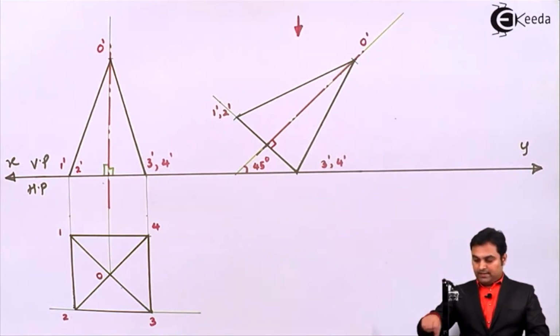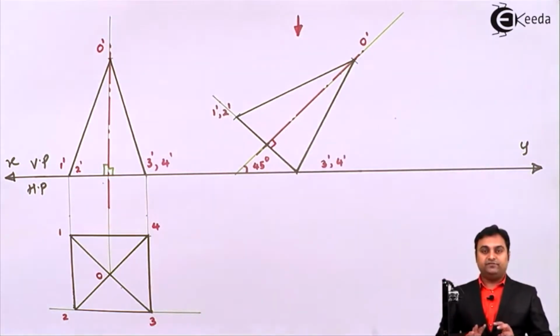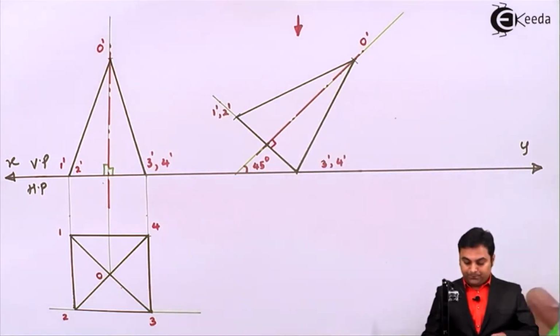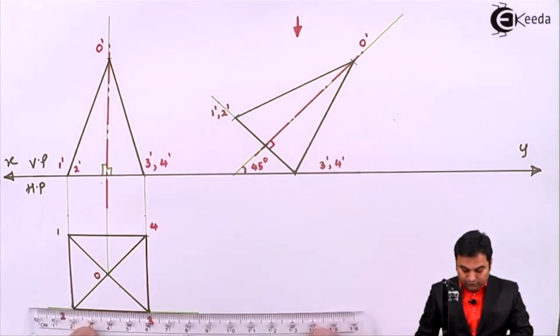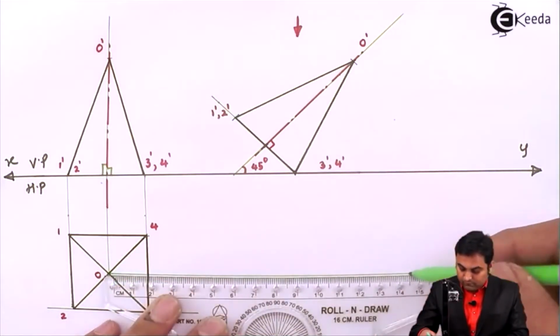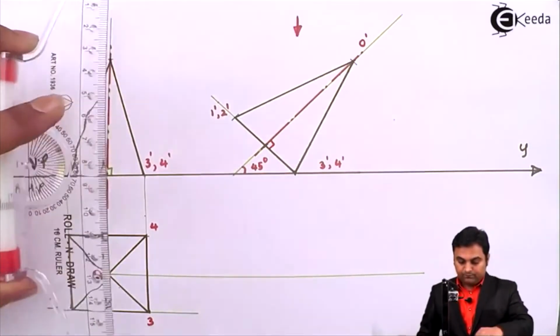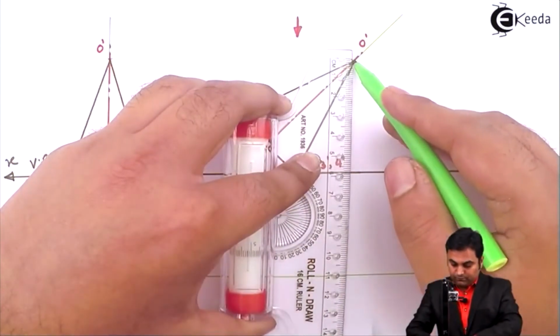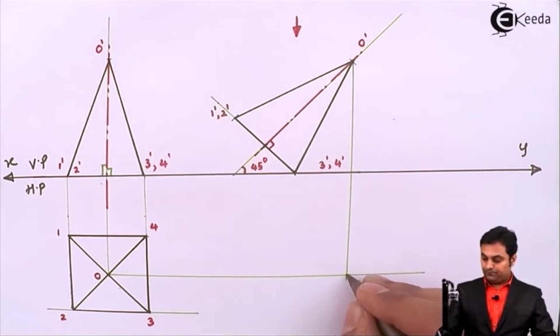And when the observer is looking from the top, the closest point to us is the apex that we have to project first. So here I'll project the apex from the top view, and then from the front view. So this gives me point O,